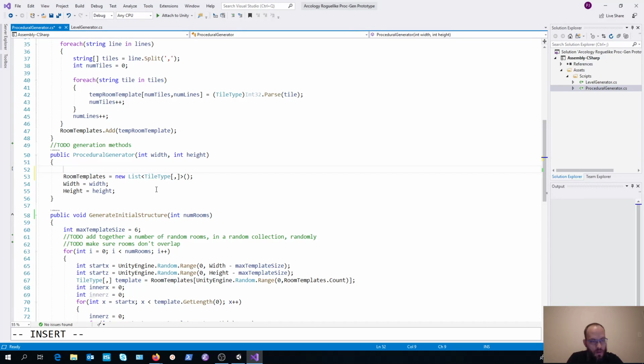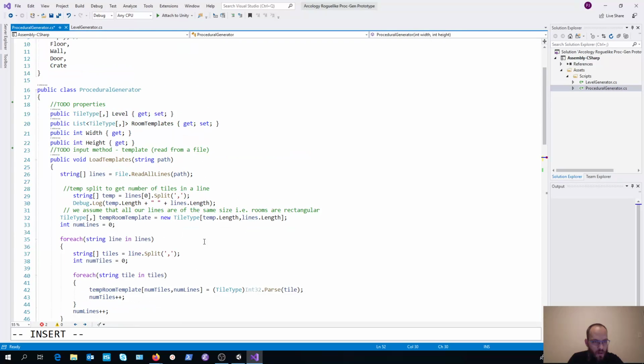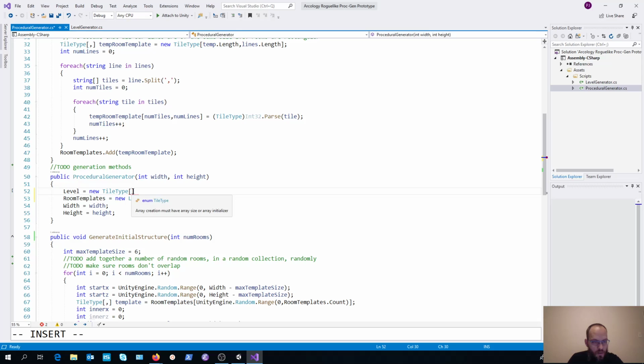So it is a new tile type, 2-dimensional array based on our width and height.